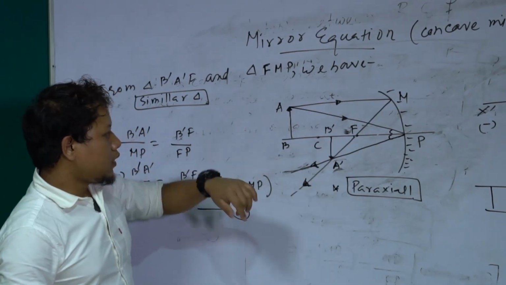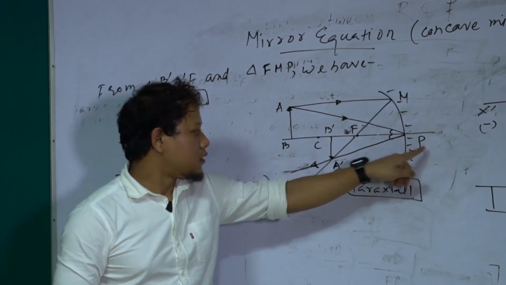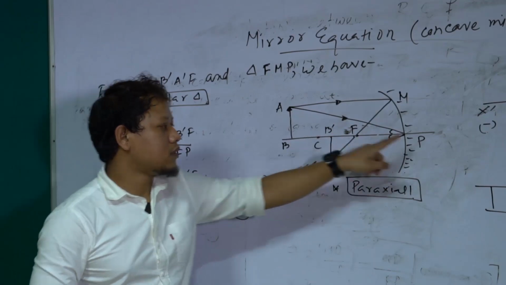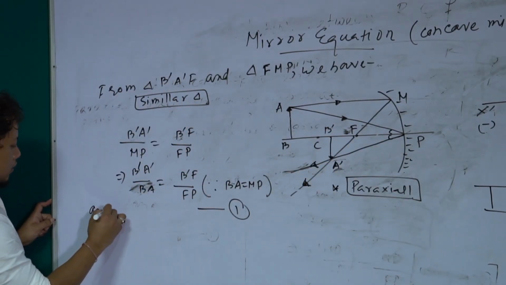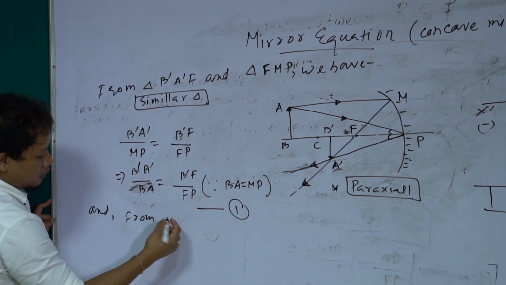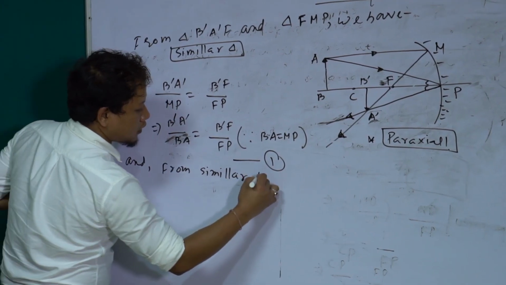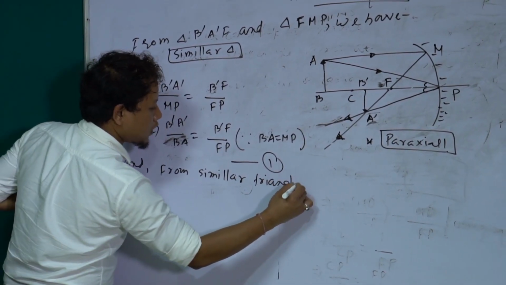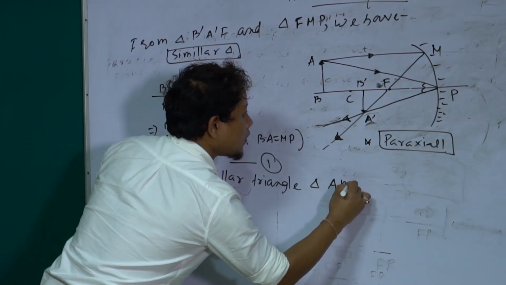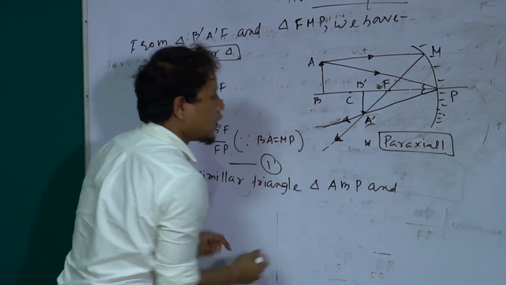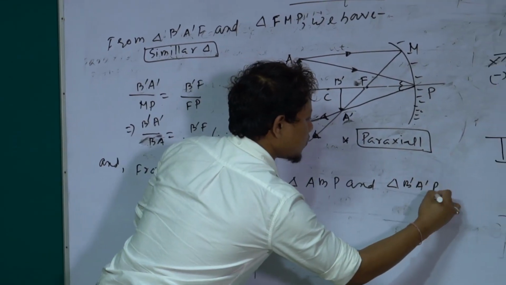So this right angle triangle ABP is similar to A'B'P. From similar right angle triangles, delta ABP and delta B'A'P, we have: